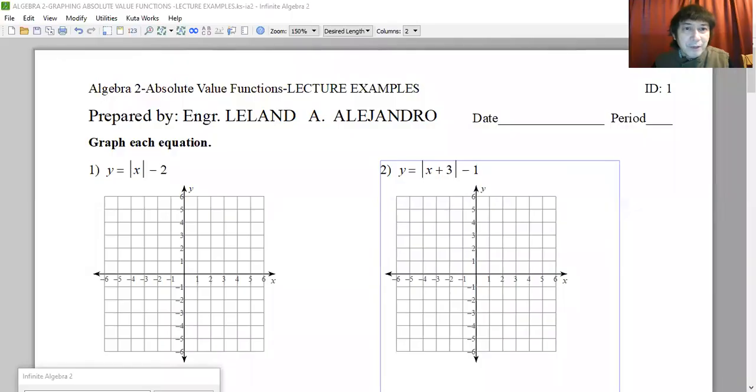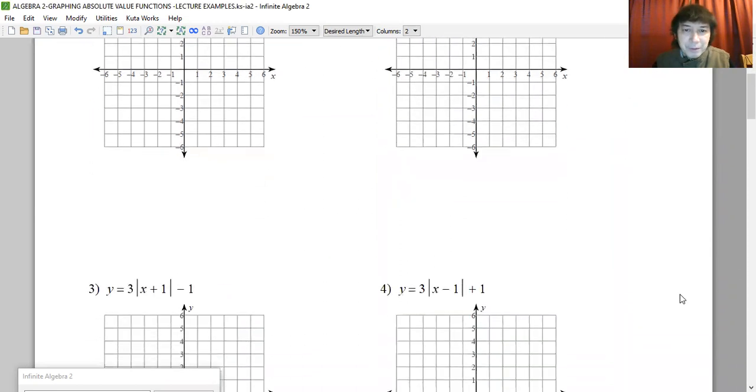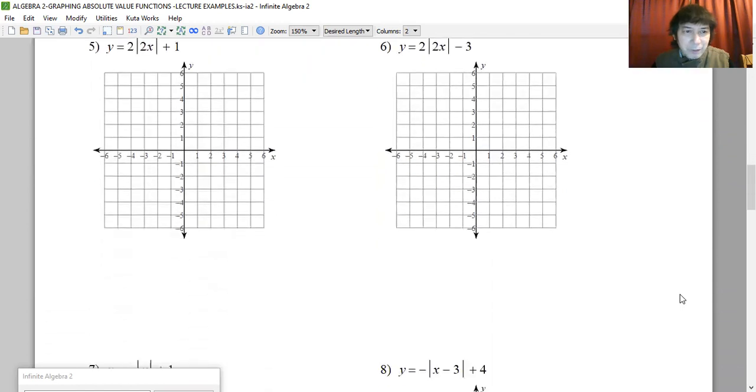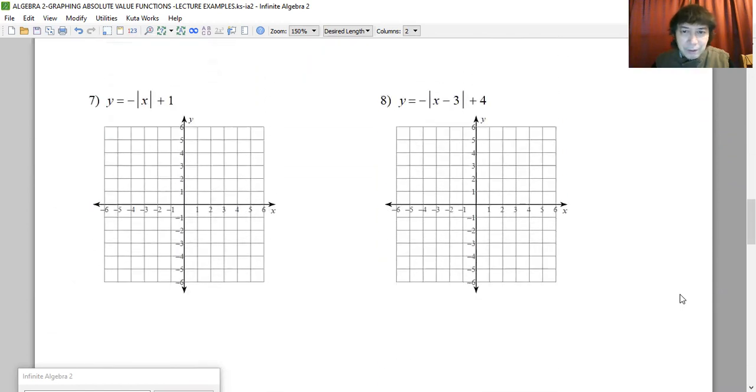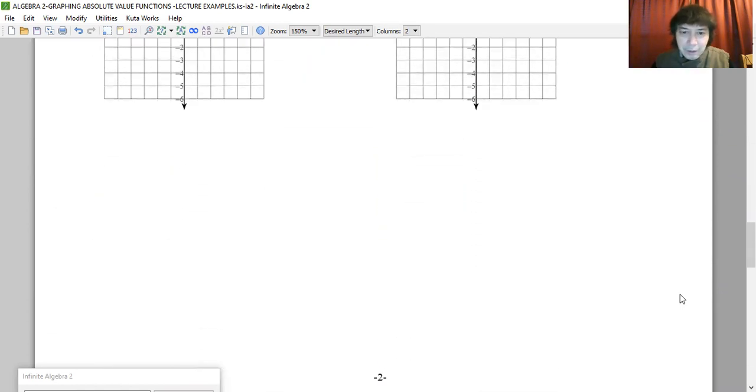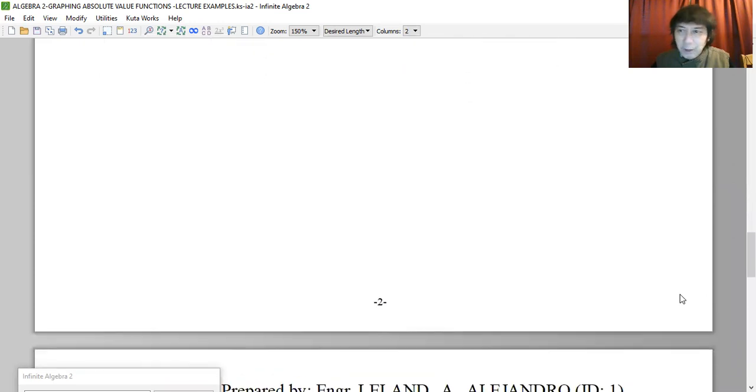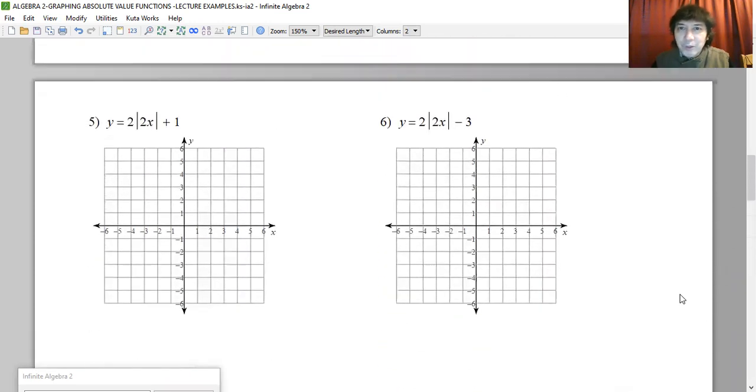We're going to see the worksheet after a little while in the other screen. Let us check. Okay, this is the worksheet for absolute value functions. These are lecture examples. So we're going to do graphs about absolute value functions. This will be about how many problems? Let's check. This will be about 8. Yes, there will be about 8. Okay, let's start with the first number